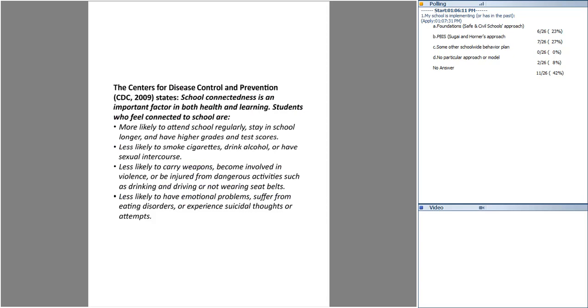School life is so important for kids, and school climate is vital because, moving to the second bulleted point, students who feel connected to school are less likely to smoke, drink, or have sexual intercourse at an early age. They're less likely to carry weapons, become involved in violence, or be injured from dangerous activities such as drinking and driving or not wearing seatbelts. In other words, our level of helping create school connectedness has an impact even on kids drinking and driving or not wearing seatbelts. Lastly, they're less likely to have emotional problems, suffer from eating disorders, or experience